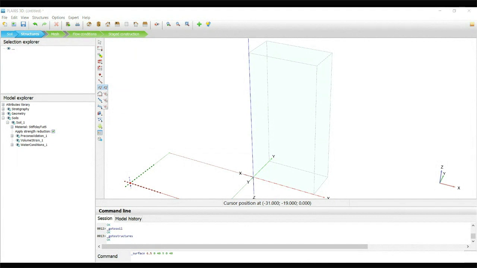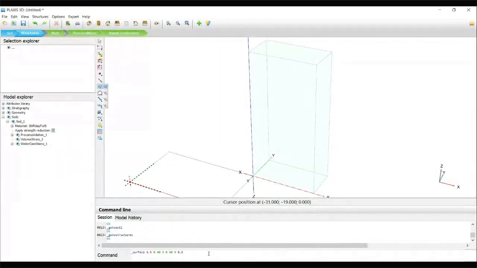Third point, 9, Y direction, it is 0.6 meter, not 0.5, it is 0.6, total 1.2 meter, 0.6, and then again 40 in the Z direction. Then again 6.5, 0.6, and 40. So this is the fourth coordinate.